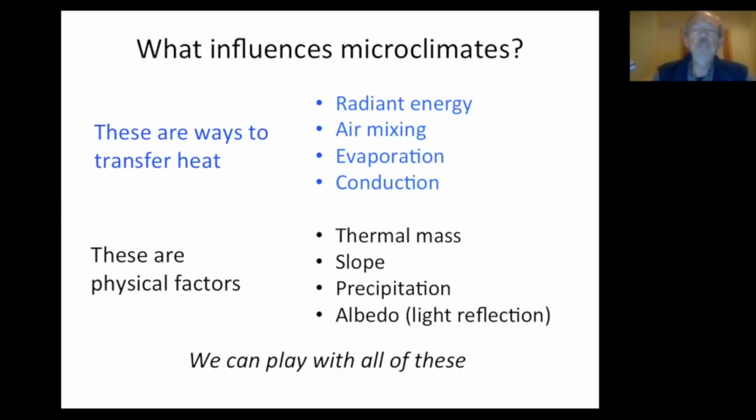So here are some things that influence microclimates. First, there are a couple basic ways. One is, how do you move heat around? How do you cool off hot places, warm up cold places, keep places that are comfortable remaining comfortable? So there are several different ways of moving heat around. One is what we call radiation, though that has connotations of radioactivity, and that's not what I mean. It's simply radiant heat, the way a hot rock radiates heat,